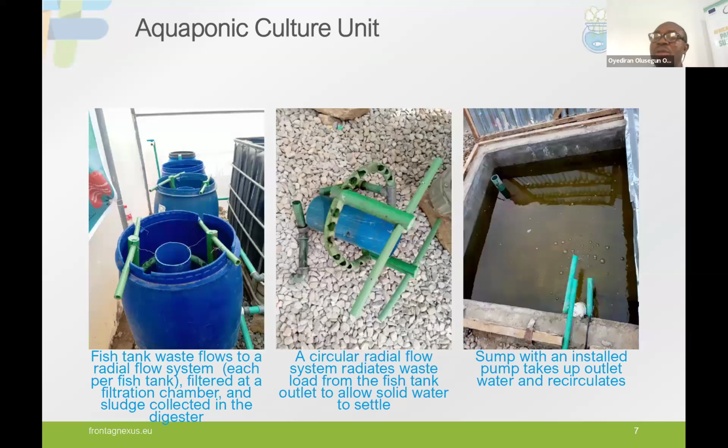So, what do we have now? Our aquaponic units have, like Michael was saying, a use case there, where we have the different units as mentioned by